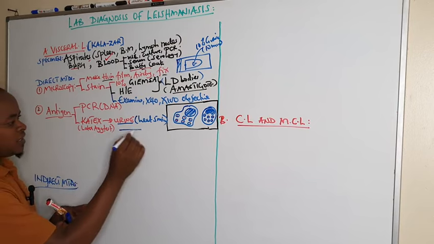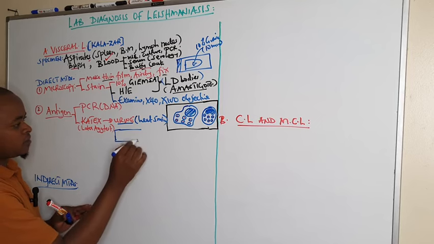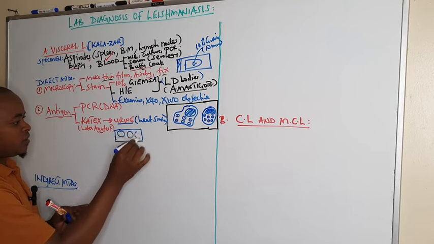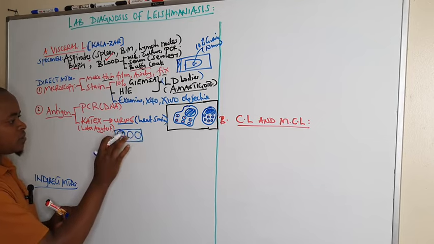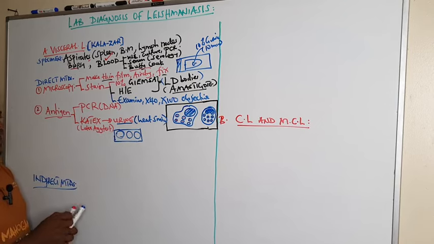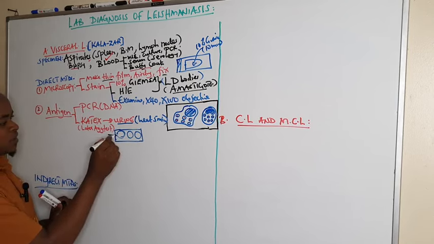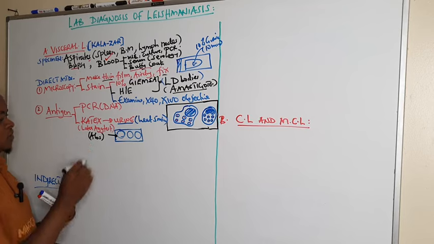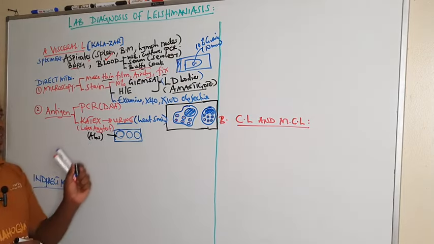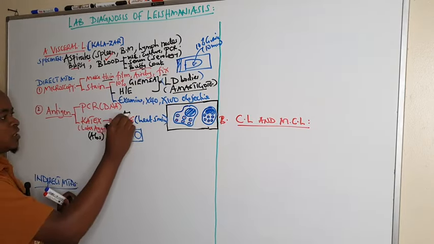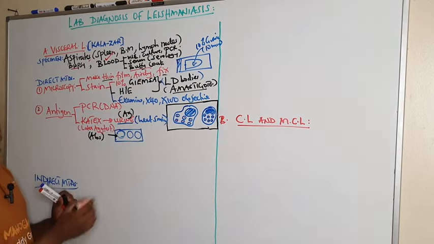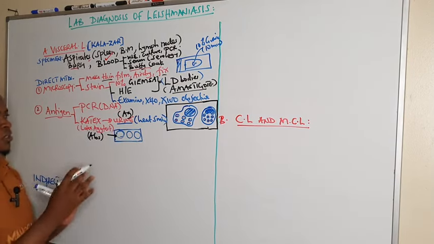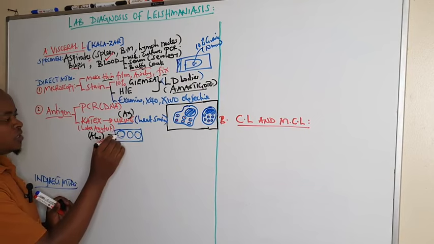So if this is a latex containing different sites, this latex is incorporating antibodies. So it has antibodies which are specific to the antigens of Leishmania in urine. So when we add urine and we mix using a rotator, we are going to see